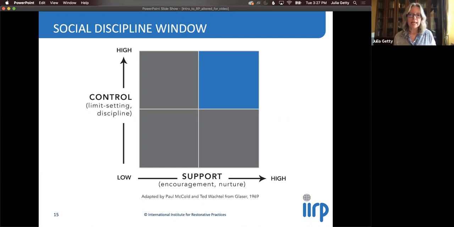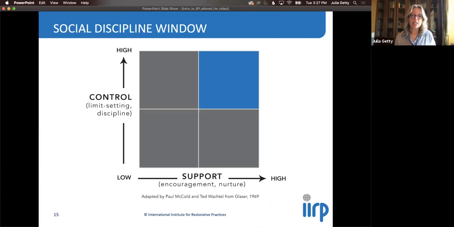First, I want to say that this is a tool that can be used by anyone in a position of authority to recognize whether they are exercising their authority in a restorative manner. So as you get to know this window, this will be something you think about a lot, and you'll use it in the moment, but then you'll also use it perhaps after something has happened to evaluate or examine, was I being restorative in that situation?